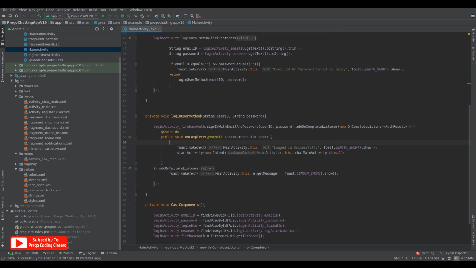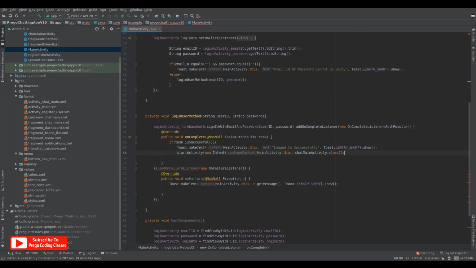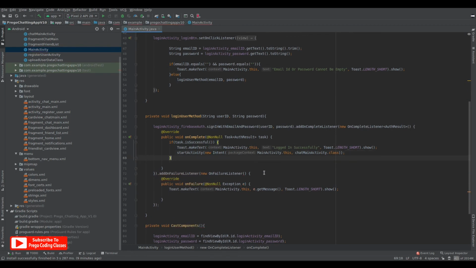If the task has been completed by Firebase checking the authorization, whether the user is present in the authentication part or not, whether the user has some data or not, let's just check the task. So if task.isSuccessful, then only we will start the activity, else we will not, because else the addOnFailureListener will be triggered and the failure message will pop up.